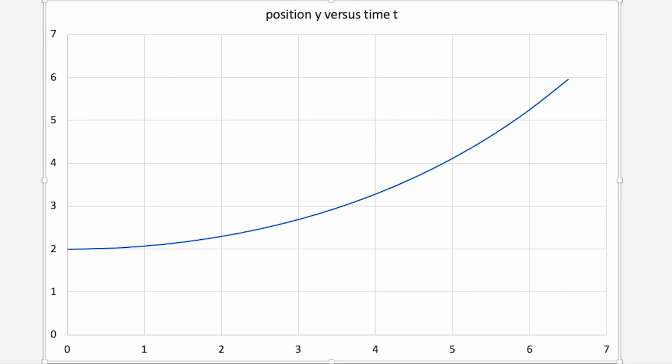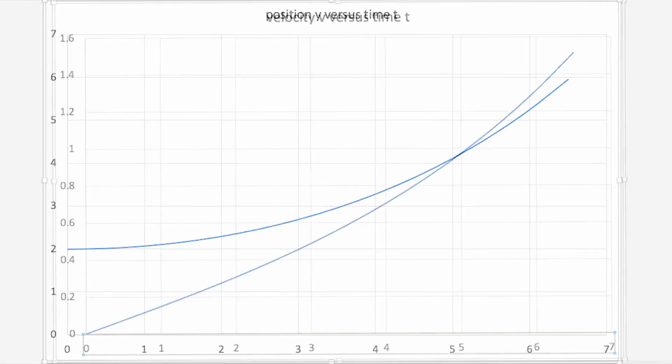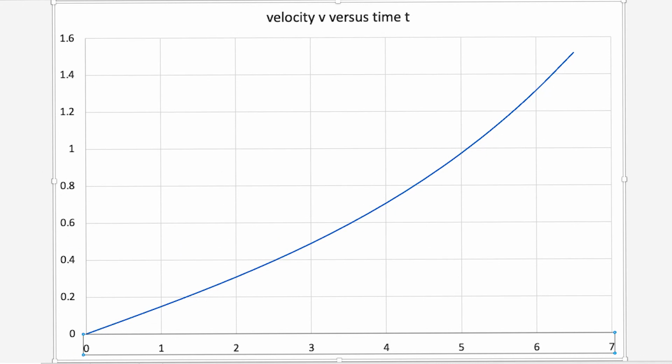It is increasing. To start with, b equal to 2 you can take, and then it increases, and increases. This is the position as a function of time. Then we have another graph. This is another graph which is velocity as a function of time, looks quite similar, e to the power omega